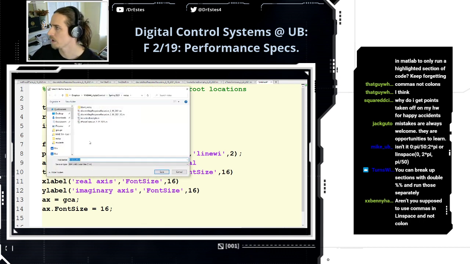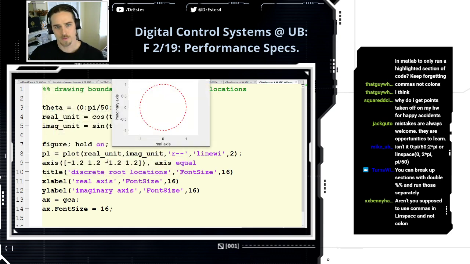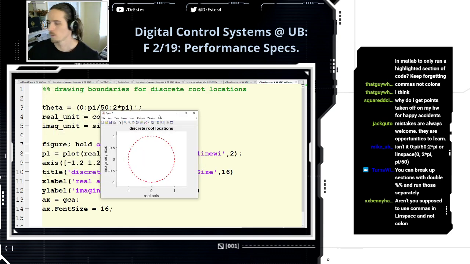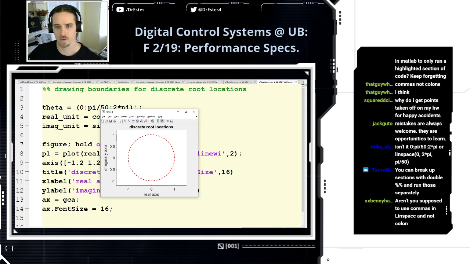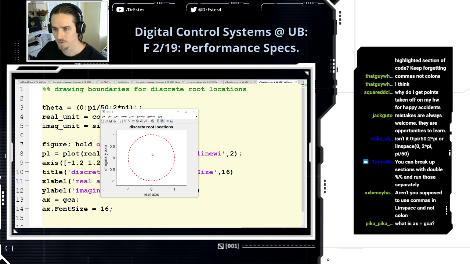Let's save it somewhere. I'm going to call this Z-plane contours, because another name for the complex plane, when we're talking about discrete root locations, you'll hear it referred to as the Z-plane, which is kind of cool. Okay, so you see we just drew a unit circle, a dotted line in the complex plane. This represents the stability boundary. So anytime we're designing a control system, the closed loop roots should definitely be